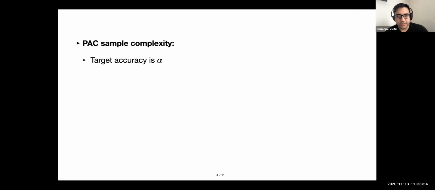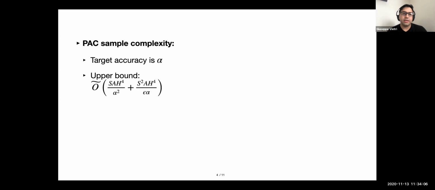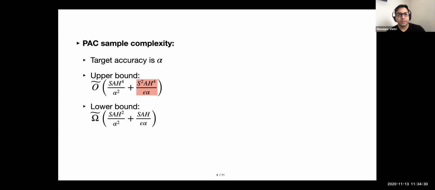Our results are summarized here as follows. Suppose that the target accuracy is alpha. Then the PAC sample complexity is upper bounded by this term. The first term matches the sample complexity of the non-private algorithm, and the second term is the sample complexity due to privacy. From this term, we can see that the sample complexity due to privacy is very small when alpha is very small. So we can say that the cost of privacy is almost negligible when alpha is small. And our lower bounds show that the sample complexity due to privacy is tight, at least in